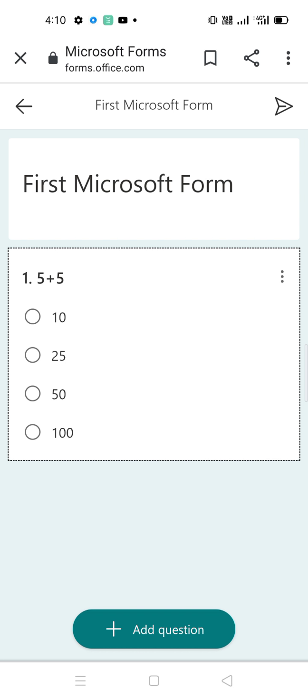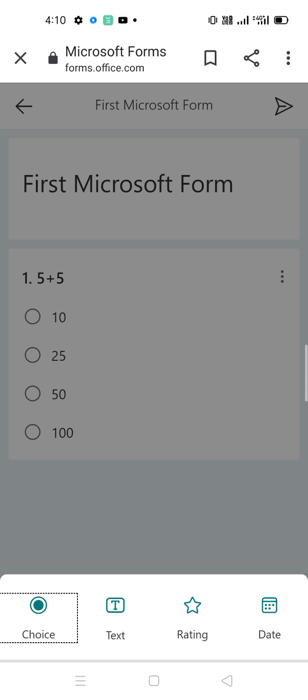And then if you want to add more questions, then you have to click on add question. Then again you have to choose what type of question you want. So that depends on your question. If it is multiple choice, you have to click on multiple choice. Text, rating and date, you have to click one of these.